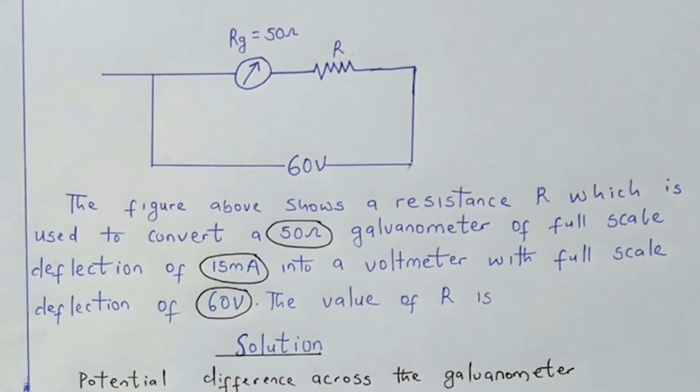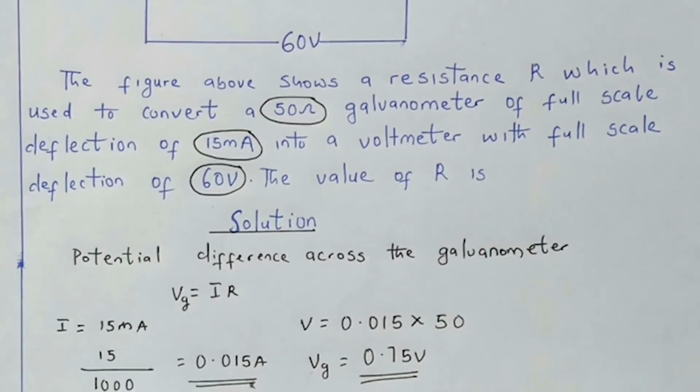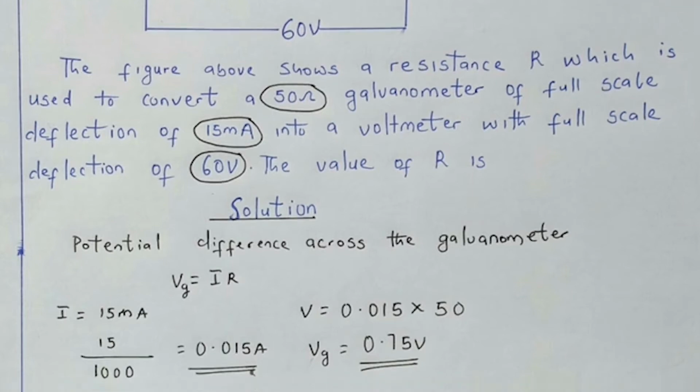From our knowledge of current electricity, we know that if you connect any appliances in series, the same current will flow through them. So the current flowing through the galvanometer is 50 milliampere, and that is the same current that will also flow through the resistor. Using that knowledge, we can get the potential difference across the galvanometer and across the resistor. The potential difference across the galvanometer will be equal to the